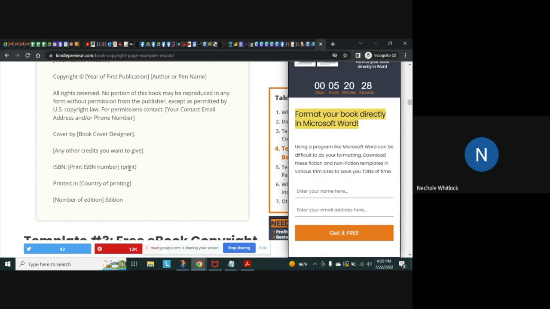If you are publishing this book out with distributors, and it's going to be available, when you auto-publish through KDP, they give you an ISBN automatically. You publish through Lulu, they give you an ISBN. IngramSpark, they give you one. So you don't have to buy one, but you can go buy an ISBN directly. That was the question that was asked yesterday. You can just do a Google search. There's a couple of websites where you